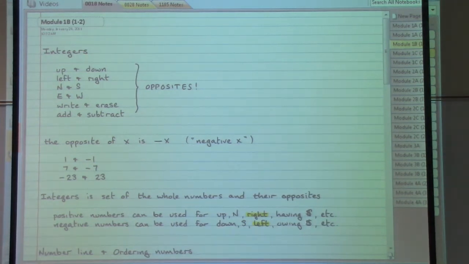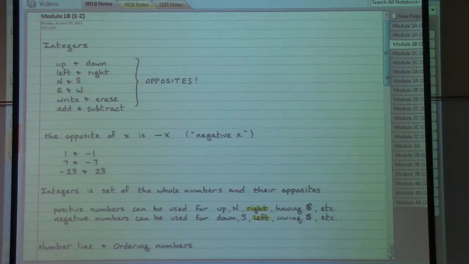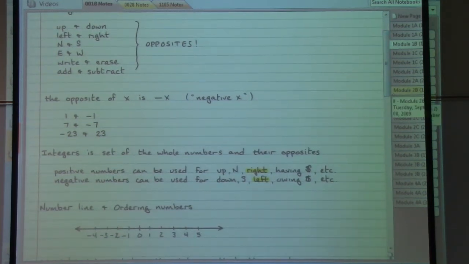Those will be useful to us when we start working through problems and trying to figure out how to deal with those negative numbers that might show up in our calculations. Well, let's talk about ordering things first, make sure that we've got all of our basics, all of our introductory elements squared away. So as far as our number line, what we're used to from whole numbers is that we would have started with 0,